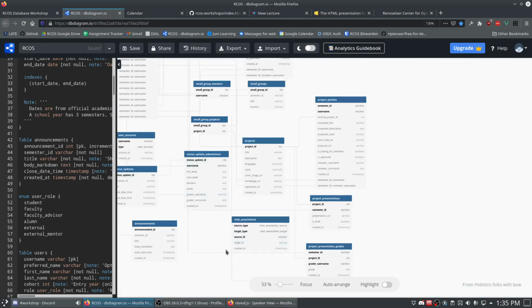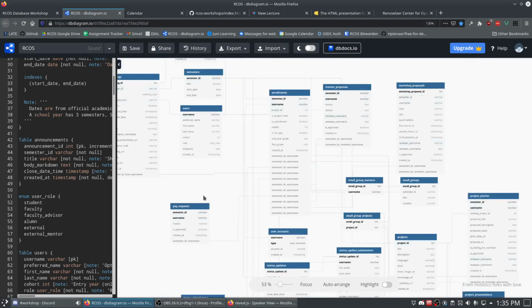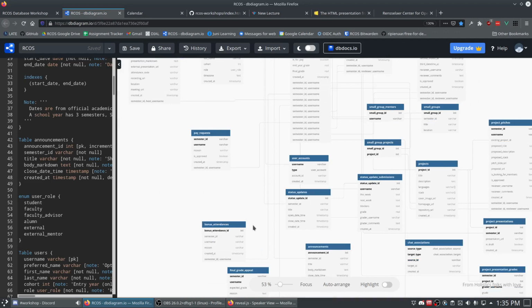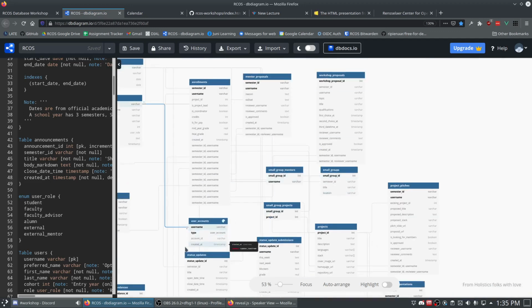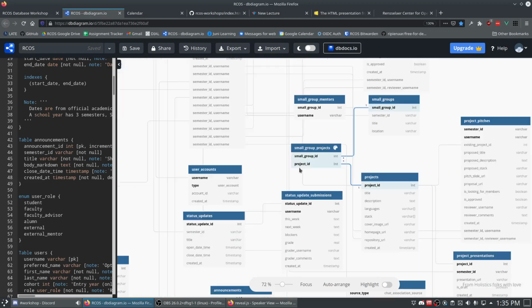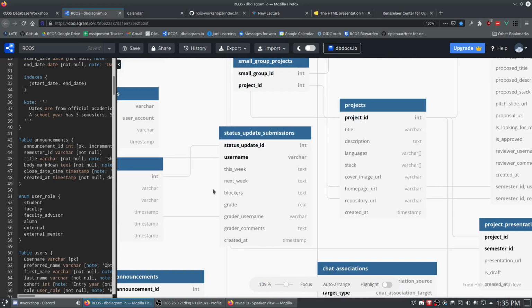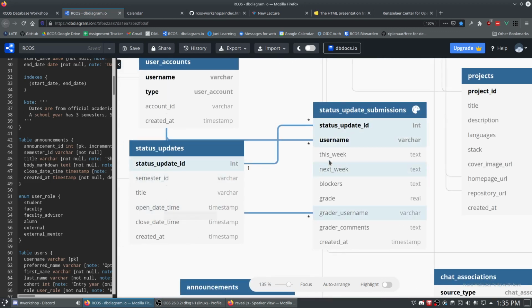And because you've already connected your GitHub account or your GitLab account in the user accounts, maybe you've connected your GitHub account and your username. Well, for each status update, we know the time it opens. We know your username. From that, we know your GitHub username. Well, we can just pull up with the GitHub API, GitLab API, all of the commits you've made to your